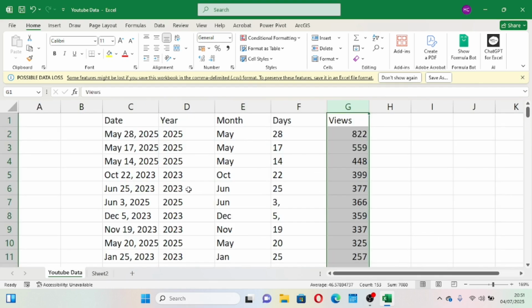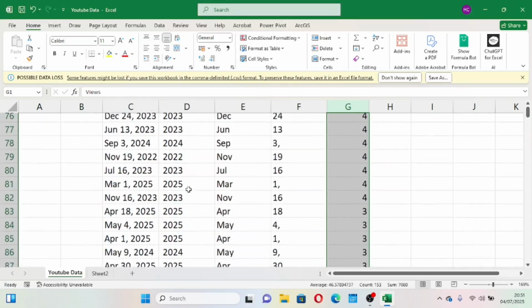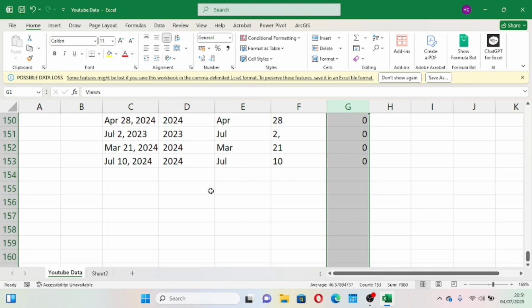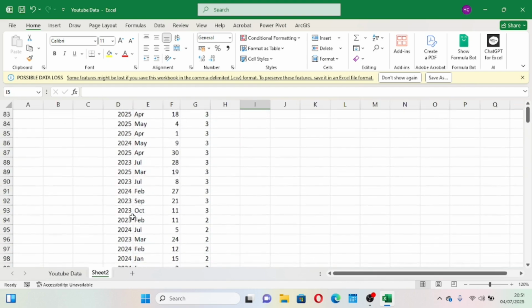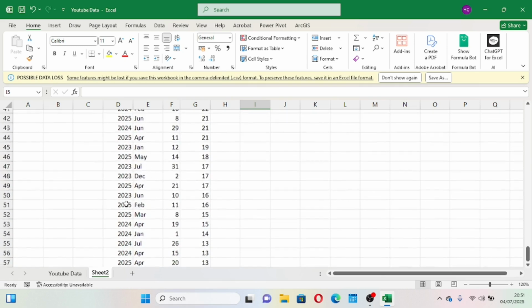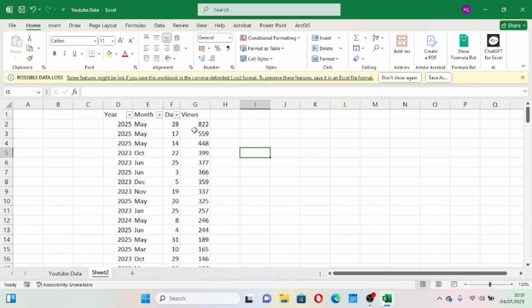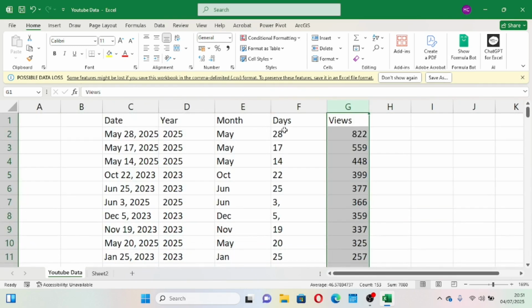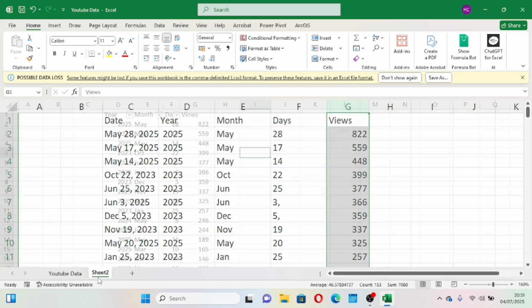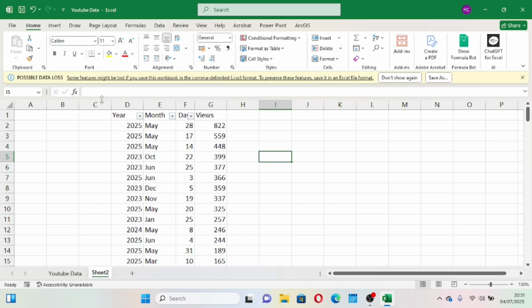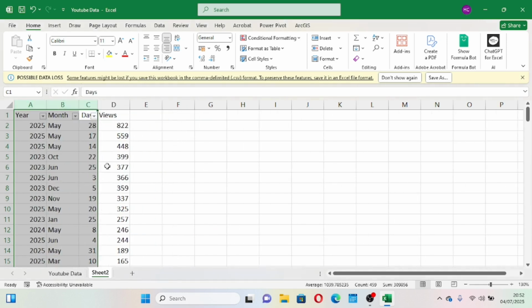So if we go now, we can cross check to see whether our data is intact. So I'll go to the last data, July 10 2024. I'll go to this one again and we see how we check our data, July 10 2024. Okay, that's it. And then we come to the first data, 28882. We go to the other one, 28882. Okay. All right, but you can still take time to check your data to really see how it looks. Okay. So right now, I'll prefer now to cancel all these empty columns here, and then we are good to